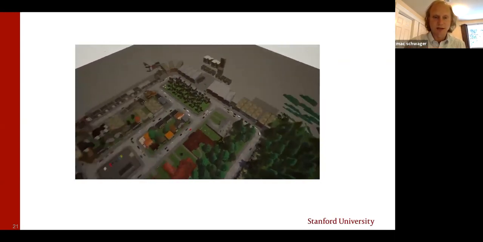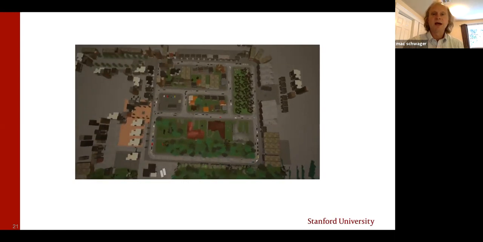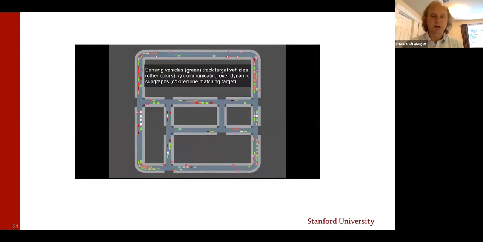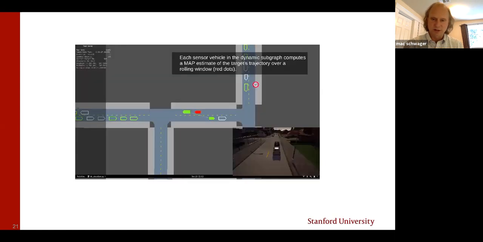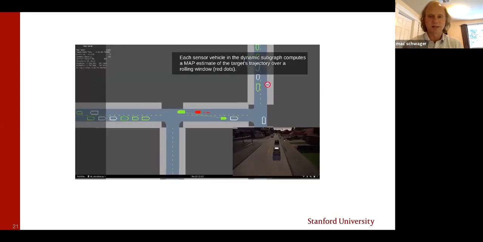I'm going to show it again because now you can make a little bit better sense of it. The simulation environment is called Carla. This is a recent autonomous driving simulation environment that's built on the Unreal Engine. Many of you are probably aware of this. And you can see now the green cars are the autonomous taxi fleet or the autonomous car fleet.